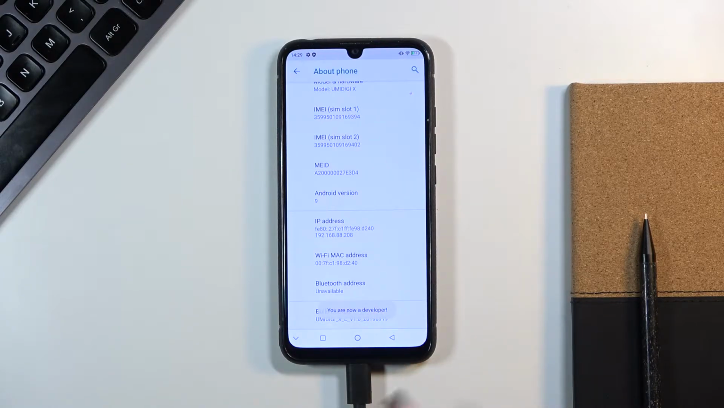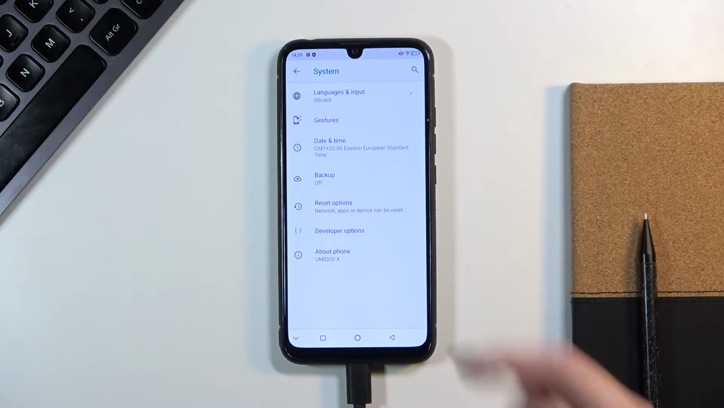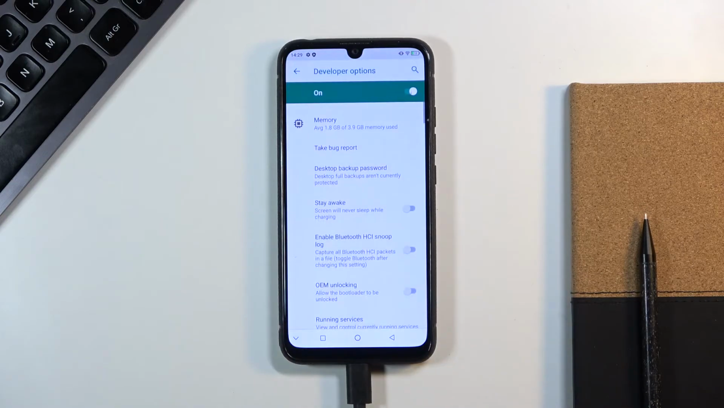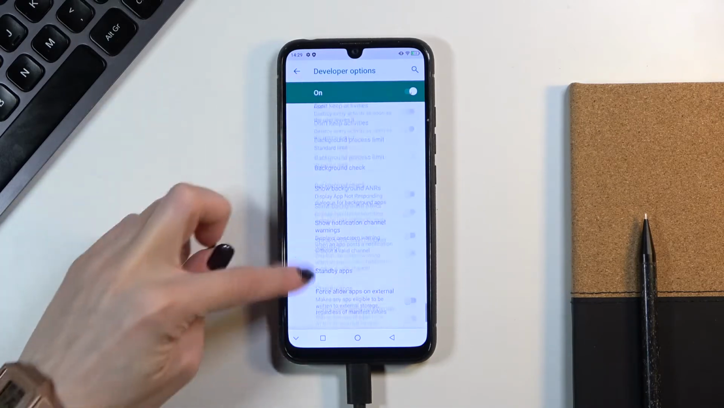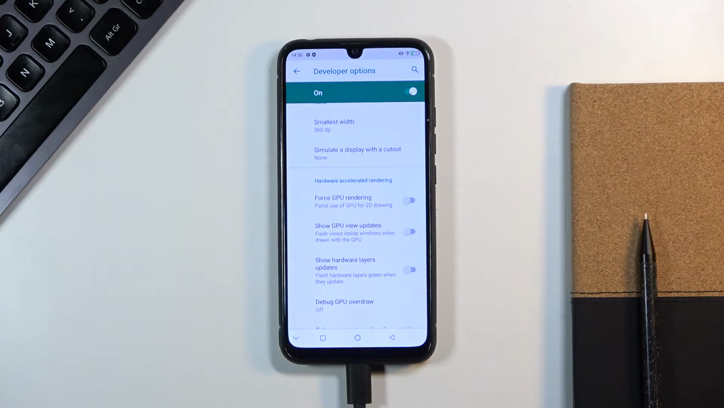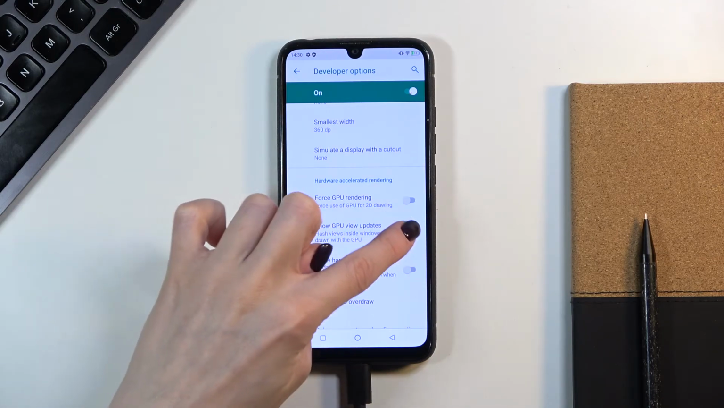As you can see, now we are a developer, so let's go back, and as you can see, developer options appeared right here. Smoothly open them, and now you can use all those features that are included here. Smoothly scroll down, select some particular option that you would like to apply, for example GPU updates right here, and